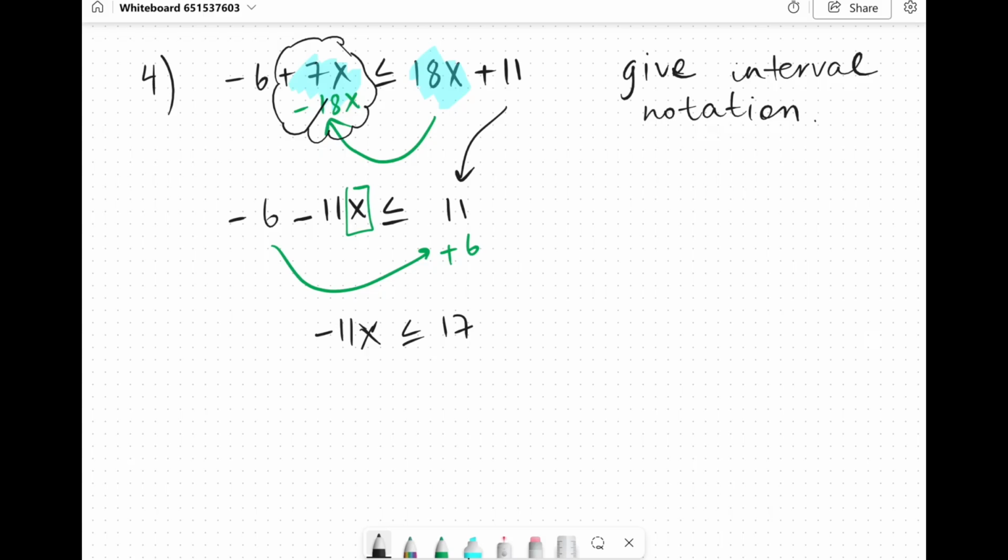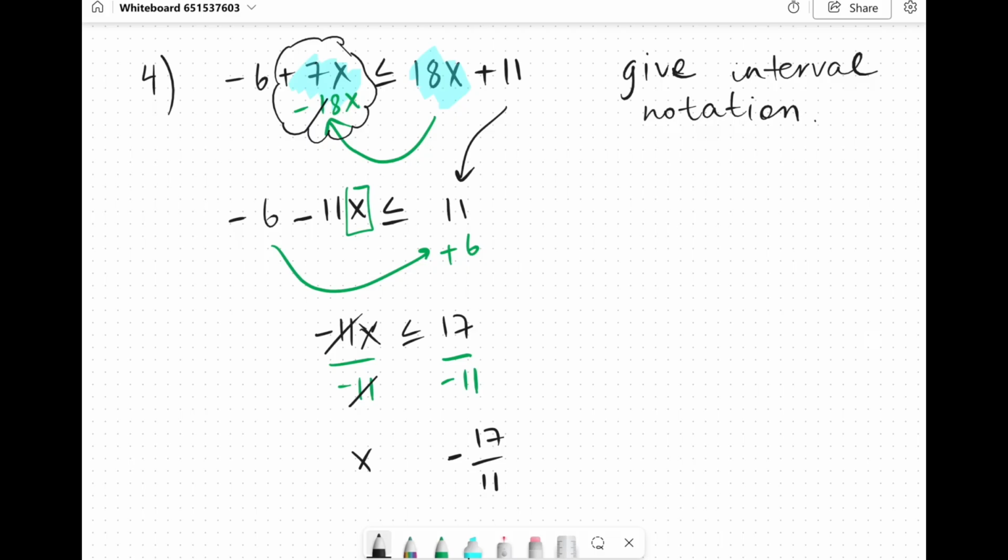And then finally, I have to remove the -11 by dividing by the -11 on either side. So x on the left, because the 11s cancel, and the fraction remains on the right. It is -17/11. And then this here is the only difference between solving inequalities and equations, is if you happen to divide